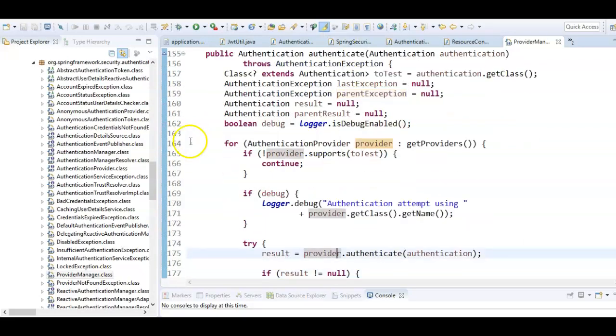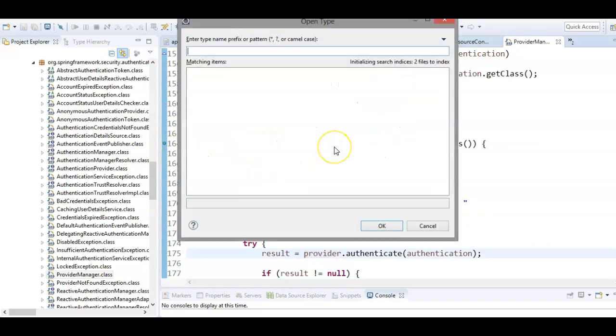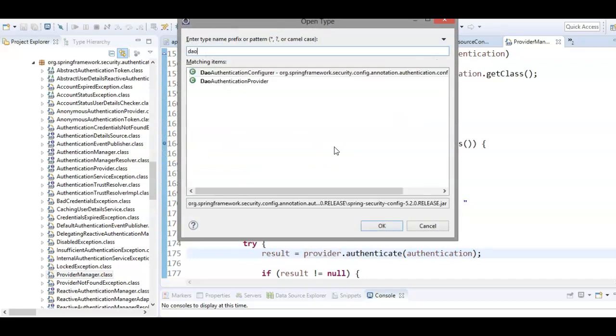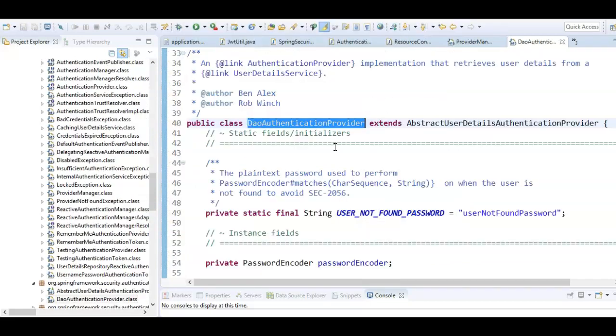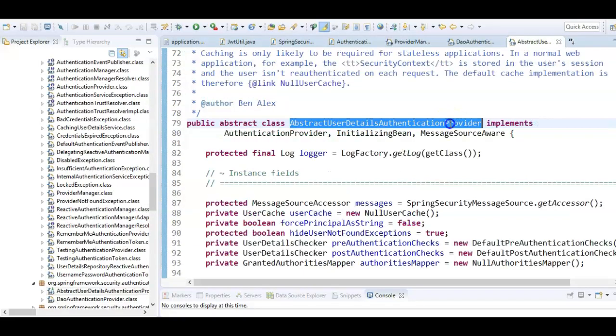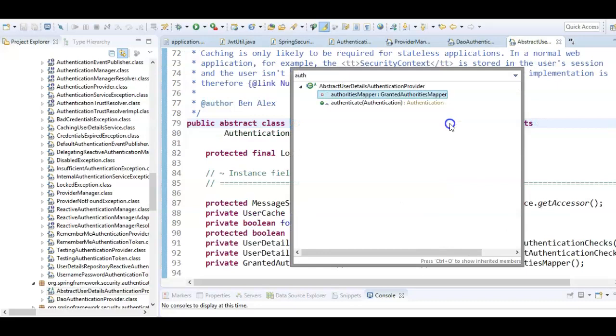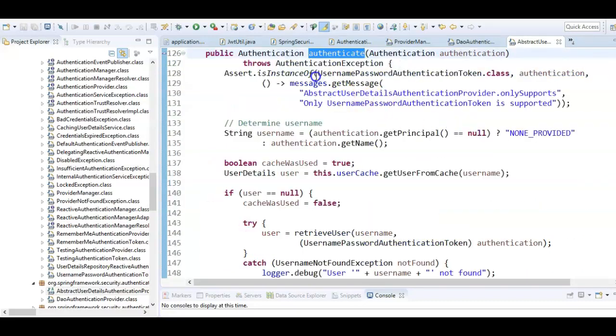Here we are in the authenticate method. So just add a debug point here. Another debug point we'll be adding will be in the DAO authentication provider. It extends the abstract user details authentication provider, and here we'll be having the authenticate method. So the provider manager calls this authenticate method. So just add the debug point here.